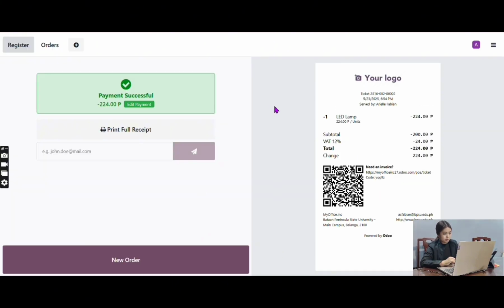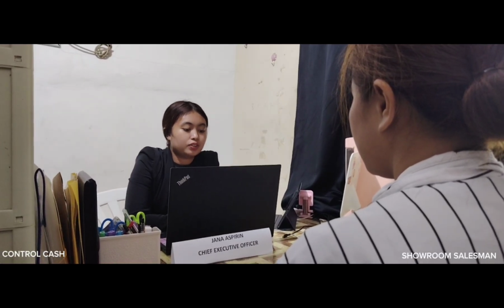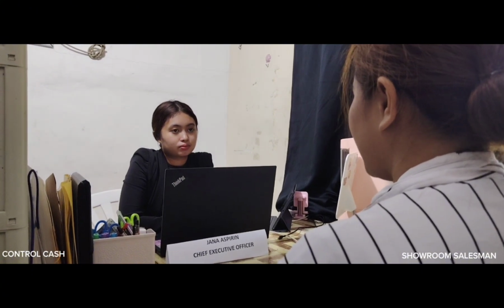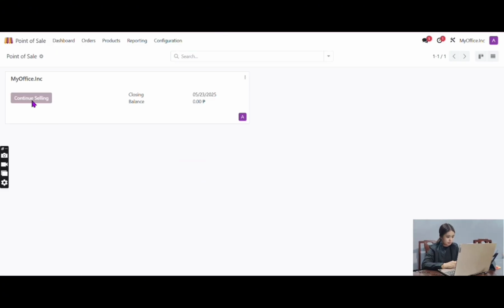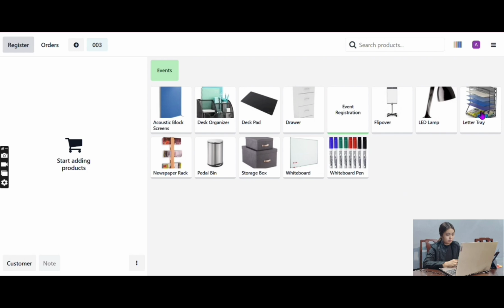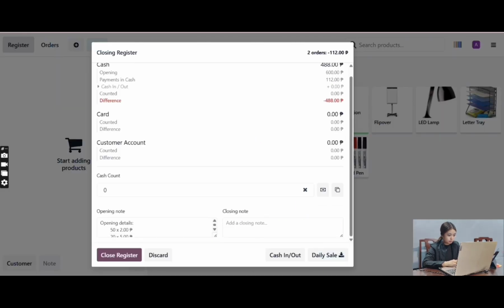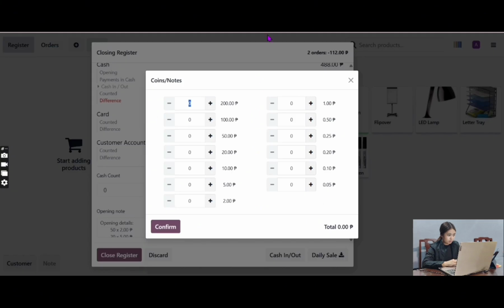and validate it. Dave, don't forget to set the closing balance. You need to add all the coins and bills you have in the register drawer. Yes, I will. Click continue selling and then close register.